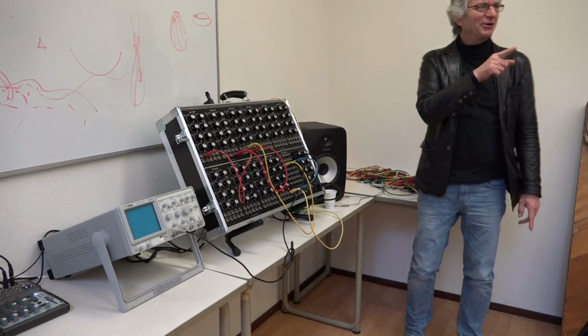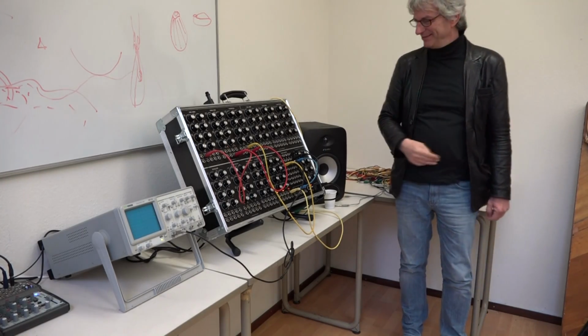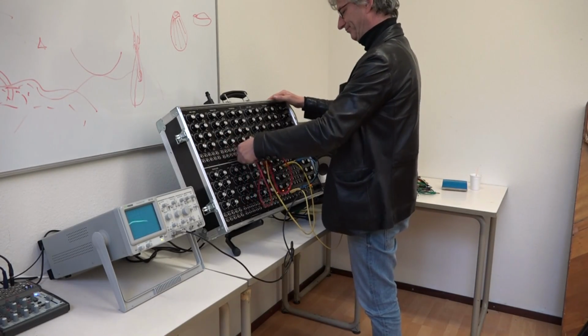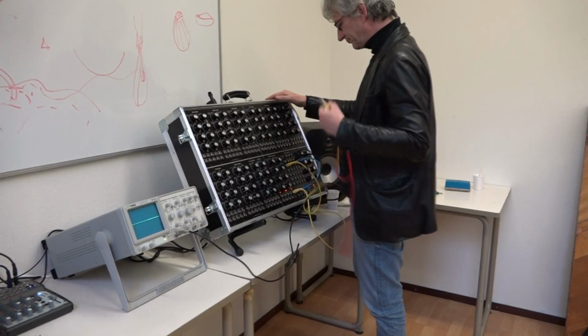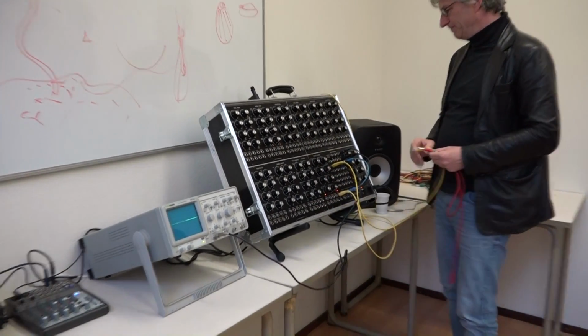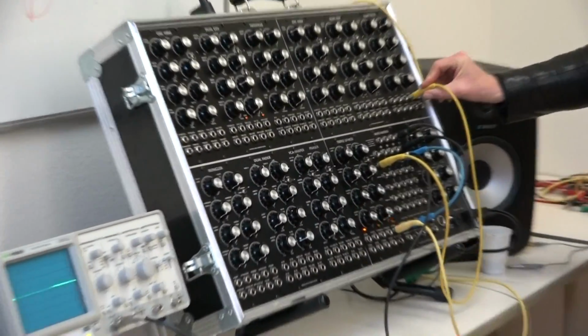I remember the echo thing with the envelope generator, which is really simple. I thought it also involved a dual fader, didn't it? Because basically, what you do is you take a sound